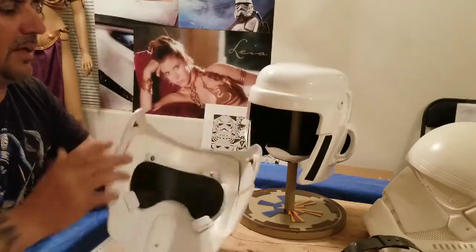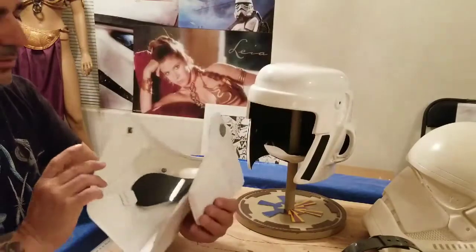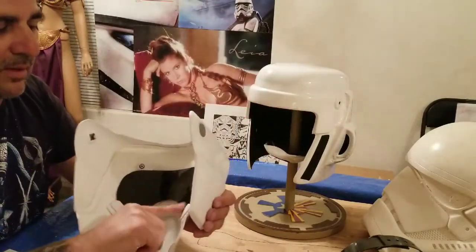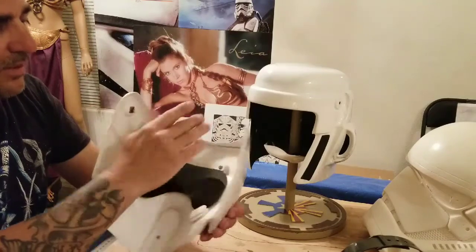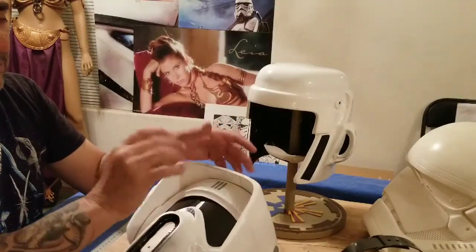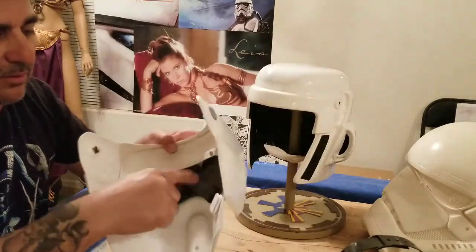You're never going to see that because it's going to be sitting like that. Even when you raise it up, you won't see it, but it's always going to hit right there. So maybe when I do another helmet, I won't put it quite so close. I'll have it back maybe half an inch, so the face sits in a little bit more. Or maybe I'll have to think of another way to do the